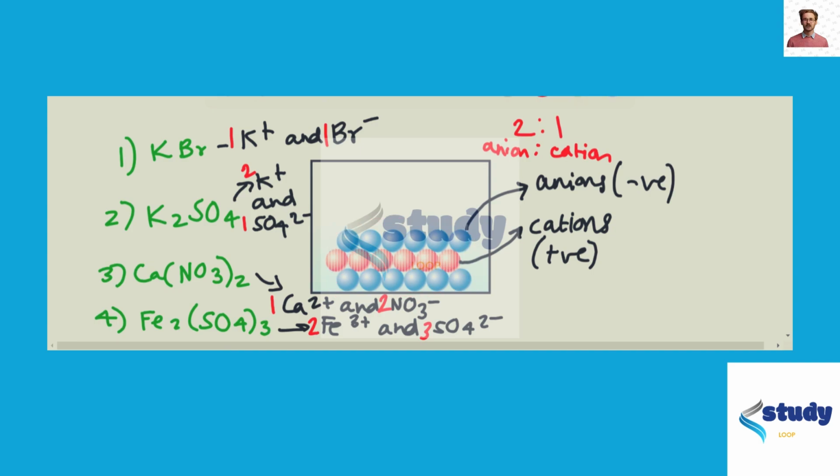So that's why I looked at the coefficient, and we can see that calcium nitrate is the answer, because there is one ratio of cations, which is the calcium positive ion, and 2 for the nitrate anion. So that is the answer, and now I hope